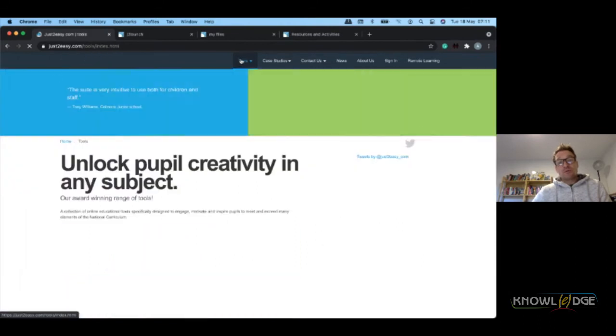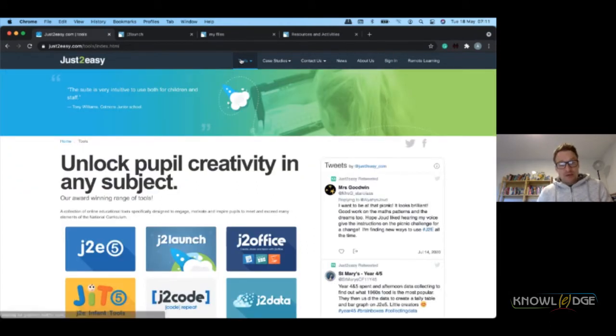Our tools cover a wide variety of aspects of teaching and learning across the curriculum, all underpinned by a portfolio system. When you share work with students, all of the work they complete is stored automatically in a place where you can track their progress and provide feedback and assessment over time.